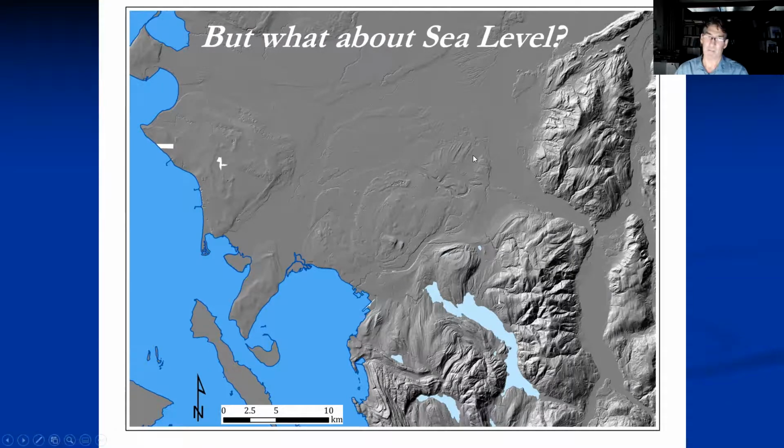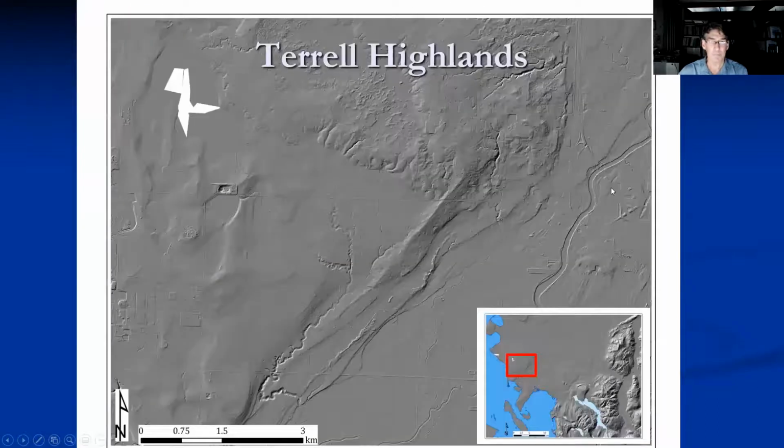But what about sea level? And the lidar helps immensely with the sea level story as well. We're going to zoom in over here to the west near Ferndale. Here's I-5 again, coming up to the north. And Ferndale is right down here. And again, this area was completely swamped out, or parts of this, just last week. So we've got the floodplain coming through there.